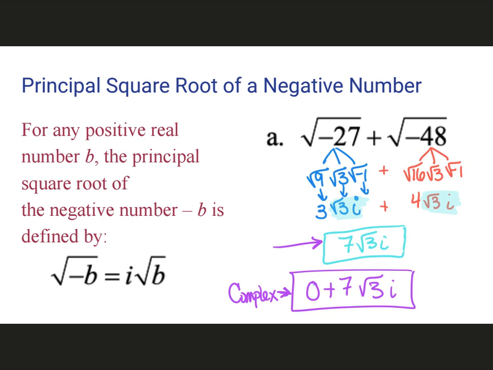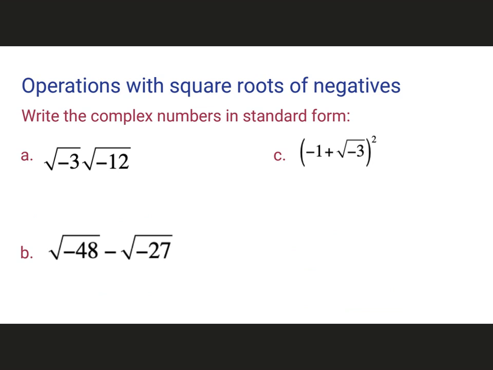All right, so just pay attention that anytime you have the square root of anything negative, you pull out the negative as the square root of negative 1, which is i, and then you work with the number as if it were positive. You just have i beside it. Okay, so the operations with these square roots of negative numbers, again, you have to simplify the radical before you do anything else with it. So if you're looking at A and you're thinking, oh, I remember that property that said the square root of m times the square root of n is equal to the square root of mn, both together under the radical, this property does not work